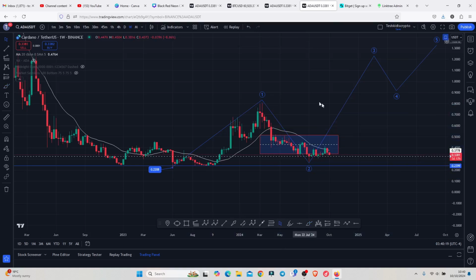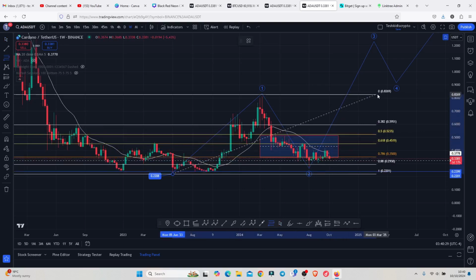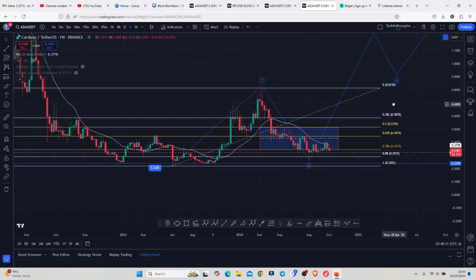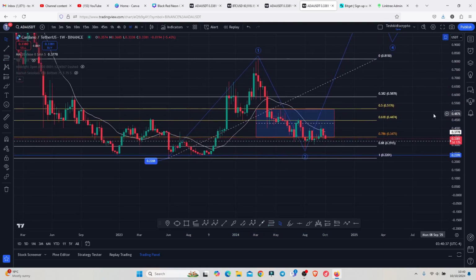But we also need to have in mind that since we are seeing a bit of a breakdown move on the Fibonacci, there are significant areas that we need to continue holding. And that significant area is the Fib level 0.88 that lies above the 0.2915. So in the next coming hours, in case we continue seeing further pullbacks, we need to continue holding above the 0.2915, because if by any chance we lose that area on the Fibonacci, then that will be suggesting that there are chances that we can easily see a total breakdown move here on the Cardano chart,